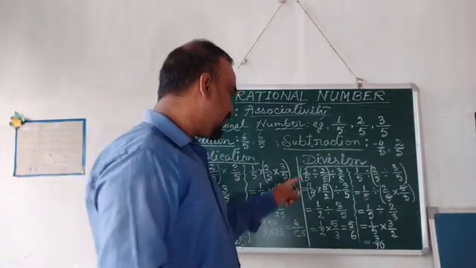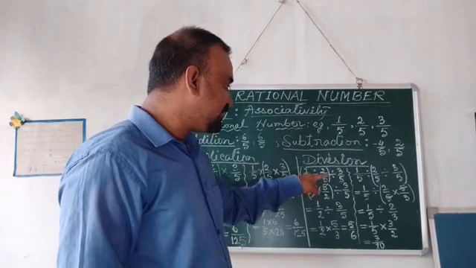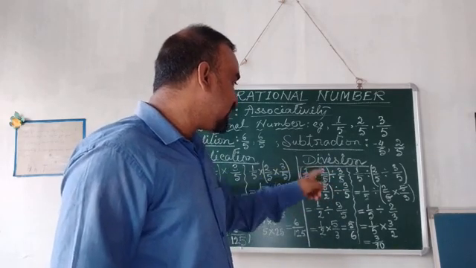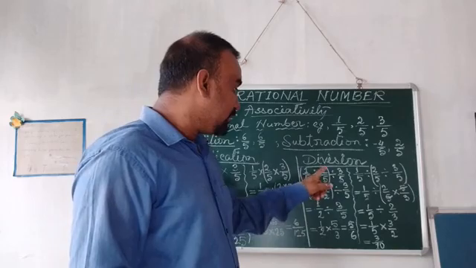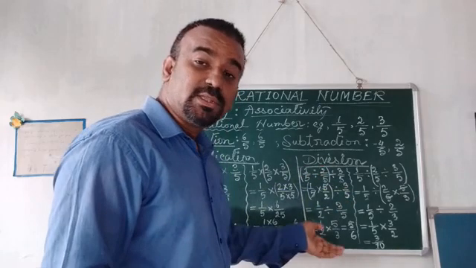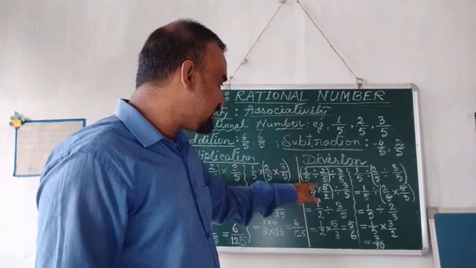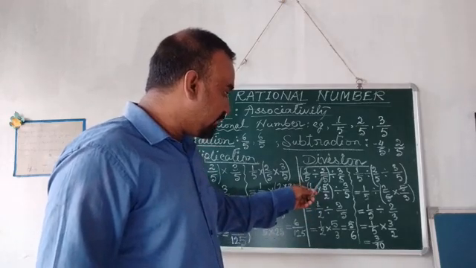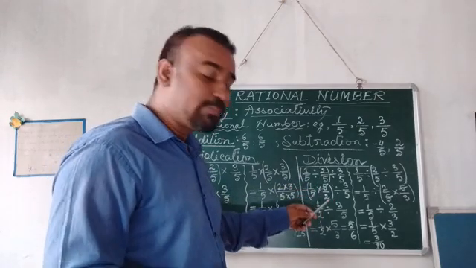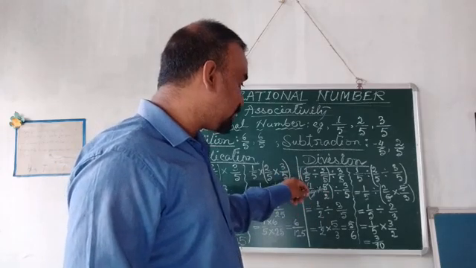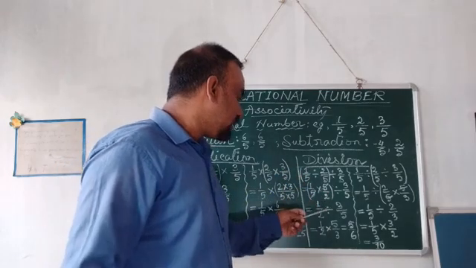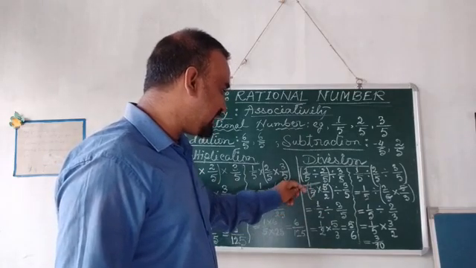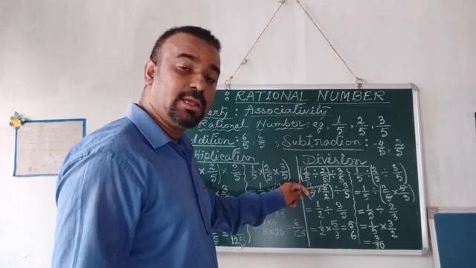So 1 by 5 divided by 2 by 5 divided by 3 by 5. We put the bracket for 1 by 5 and 2 by 5, and 3 by 5 is outside the bracket. So when this divide symbol gets changed to multiplication, this number 2 by 5 will get reciprocated, and 5 will go on top, 2 will come at the bottom. Okay, here you can see that 5 is there at this place and one more 5 is there in the numerator's place.